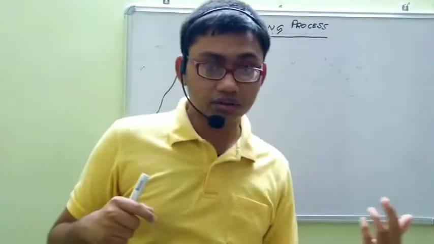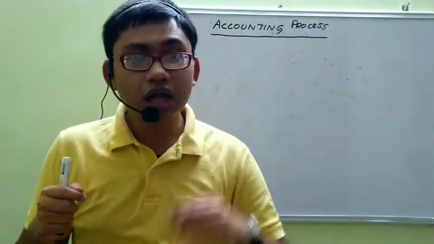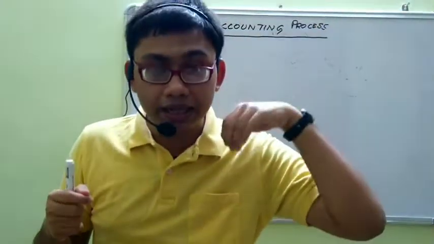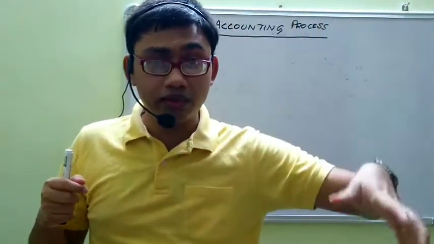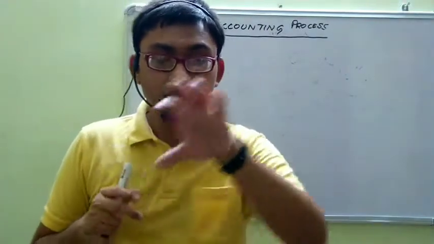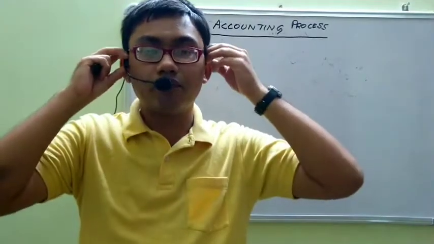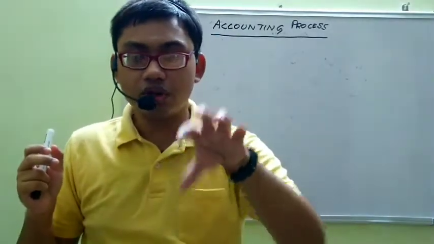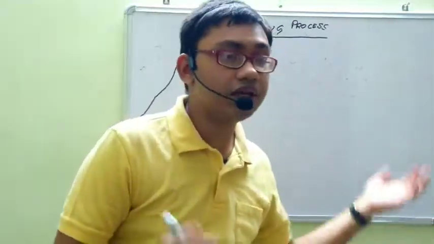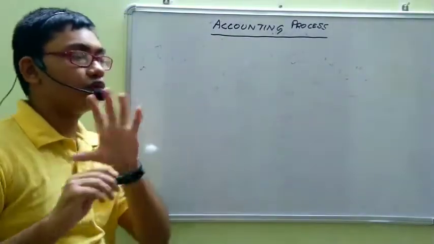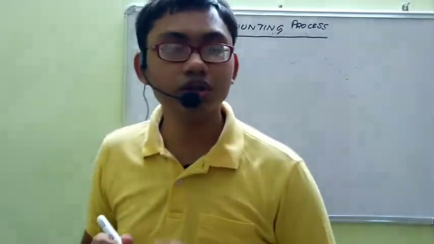There is another way to think. That is, I got this much cash because I sold goods. I made a sale. There is a more profound, more detailed way of thinking: I got this much cash because I sold goods worth this much. It means I got this much cash for selling goods that cost me this much. These are the 2 ways. The first way of thinking, when he just records cash, is called the single entry system.